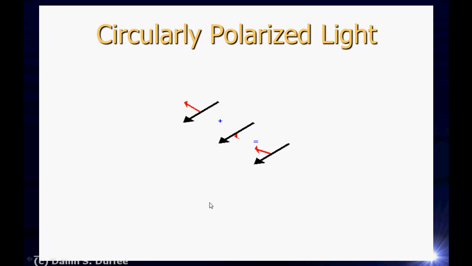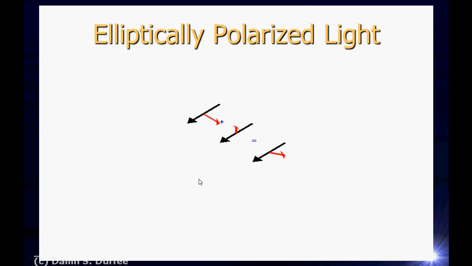If they're not exactly in phase or 90 degrees out of phase, or if they are not exactly the same size, I can add them together and get a more general state of light known as elliptically polarized light. So an elliptically polarized light sweeps out, the electric field sweeps out an ellipse. Alright? And a circle, of course, is a degenerate ellipse. It's one specific case of an ellipse. A line is also a degenerate case of the ellipse. So the elliptical is the general type of polarization.